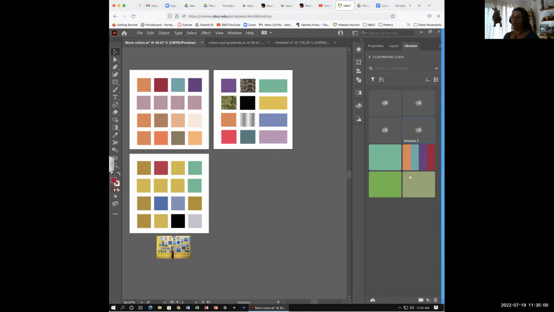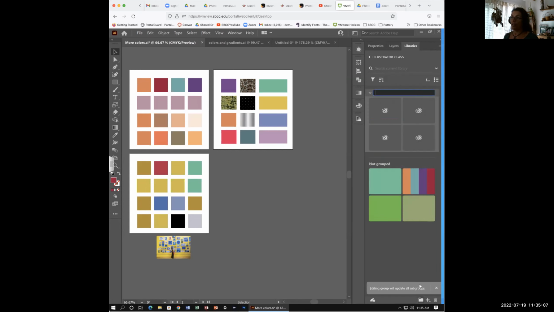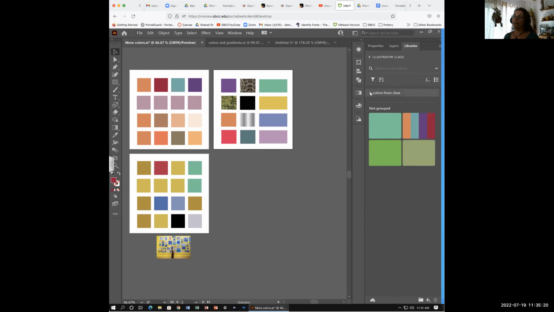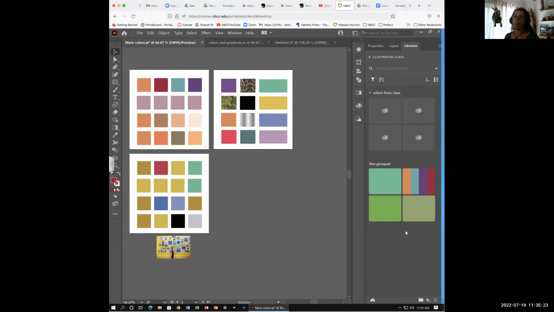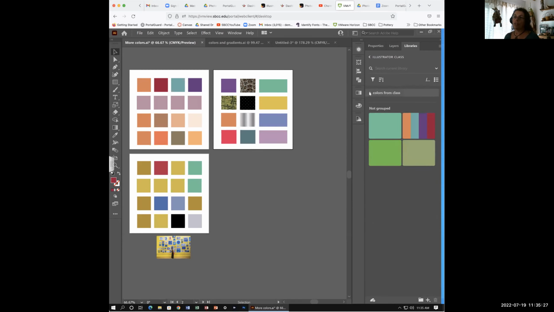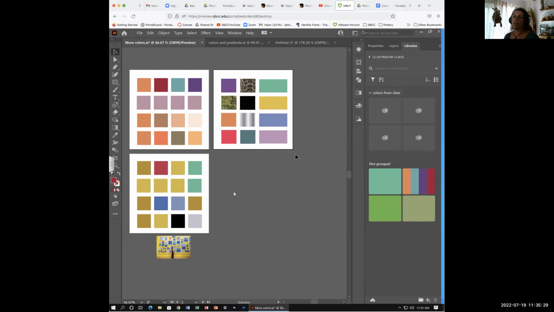Now, what you can do is select, like I can select these 4 elements that I'm not seeing right now, and make a group out of them and call them, you know, whatever, these are colors from class, right? So then that's a subset in my libraries. Does that make sense? So you can have all the elements of the beach house, and then you create a different beach house, but you bring in the surfboard, or you bring in the,